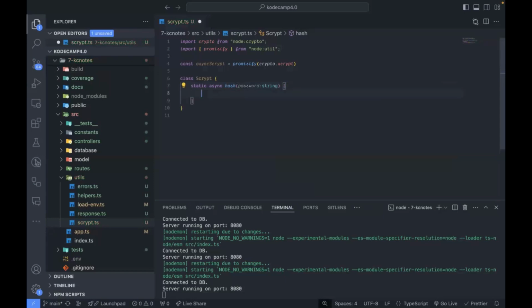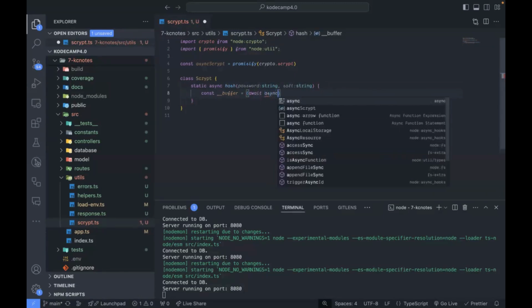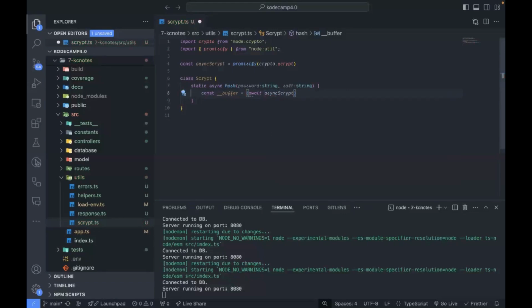So now we want to hash our password. Basically in bcrypt, you have a salt, which is a string. And then you come over here and say const buffer is equal to await asyncScript, and then we want to hash our password. We pass in our password, then 64. If you check the asyncScript, you have arg1, which is crypto binary like, and